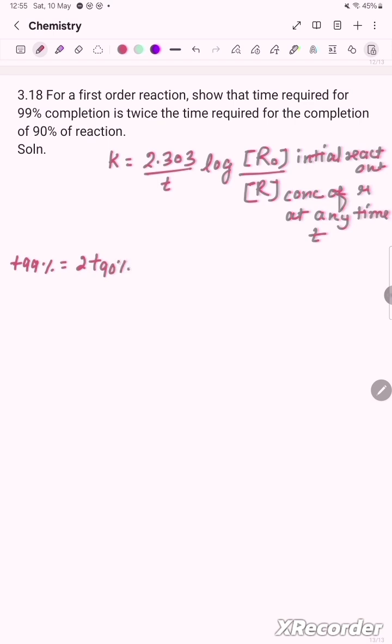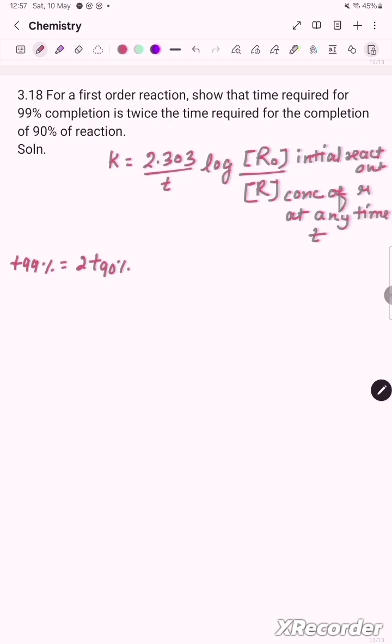So this is we have to prove. So first of all, we calculate the time required for completion of 90% of